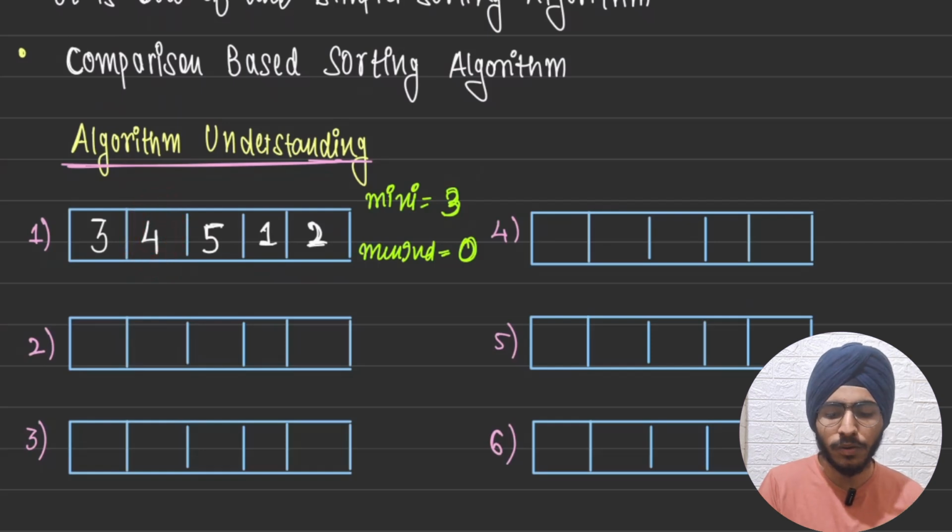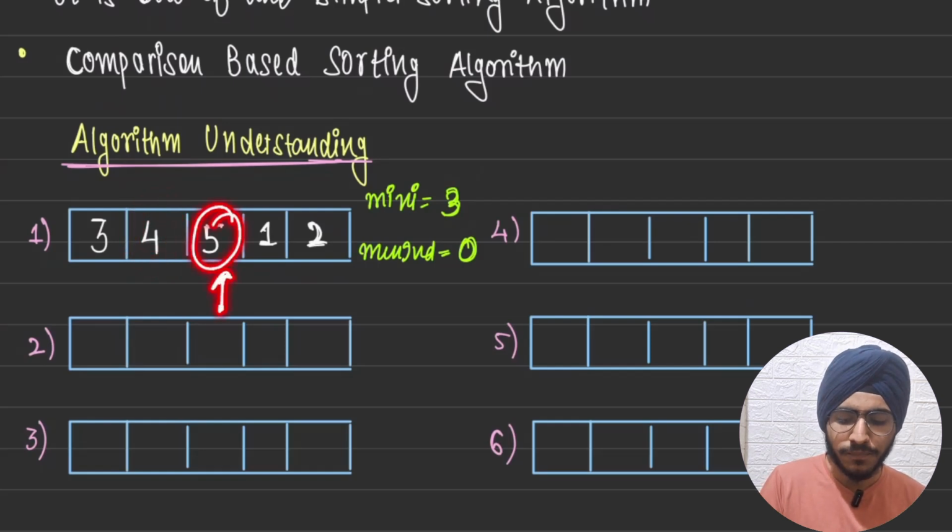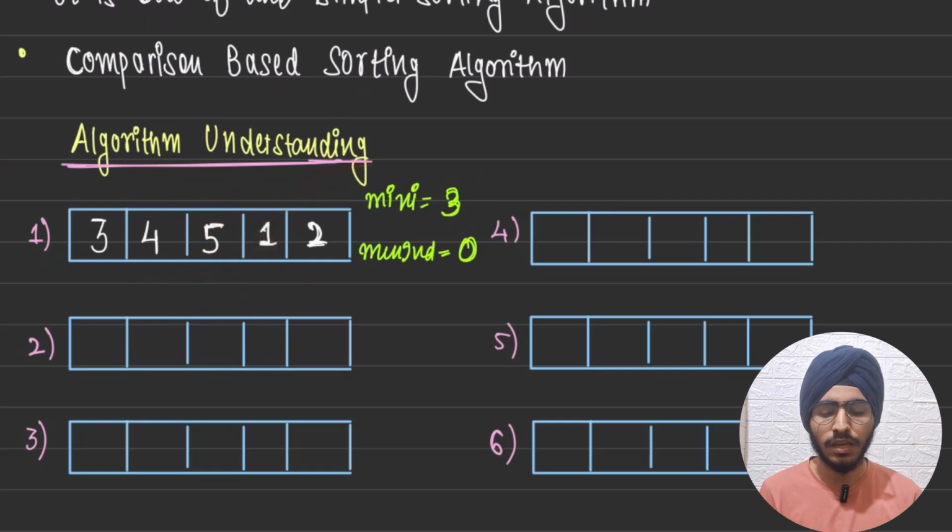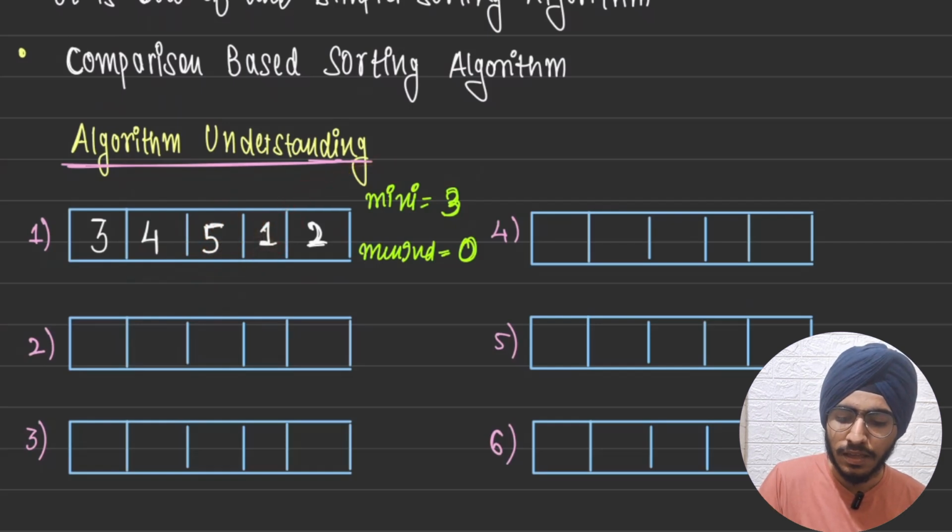No. Let's go ahead. Is 5 smaller? No. Let's go ahead. Is 1 smaller than 3? Yes. So 1 is smaller than 3. Let's make the minimum 1 and the minimum index, since it is 0, 1, 2, 3, 4, the third index,